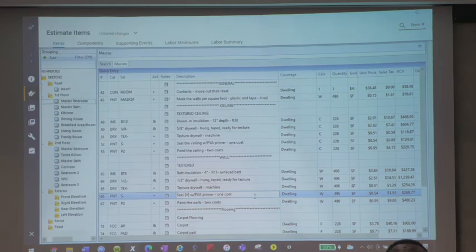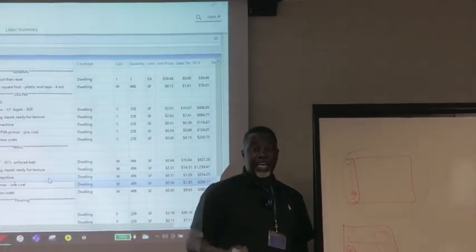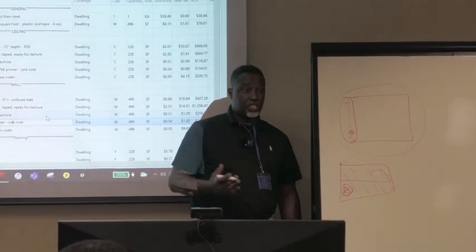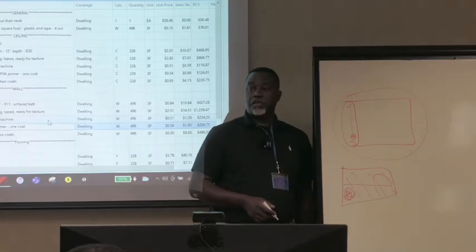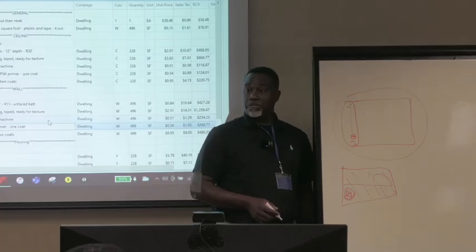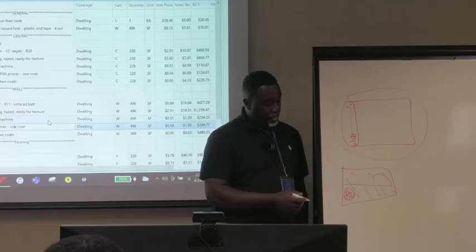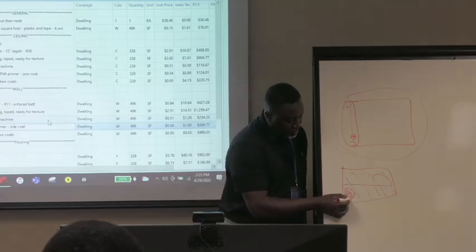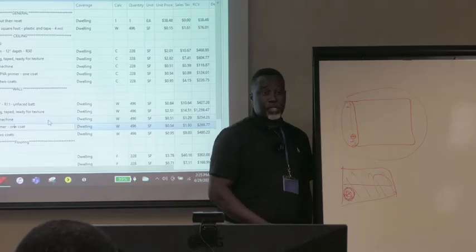Now, does anybody understand how sealing and priming work? When we do a drywall repair and mud and tape it, that repair becomes porous. If we just paint it, we can paint it 20 times and it will remain porous. It will always bleed in. You can paint it 50 times, and it will bleed in every single time. So we've got to seal that patch with a sealer or primer. Now it's non-porous. Now when we paint it,